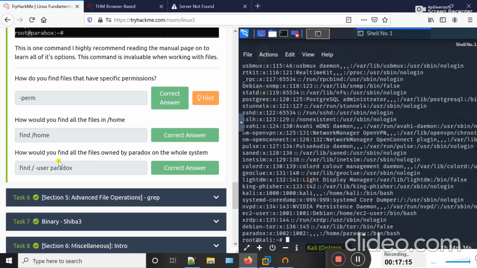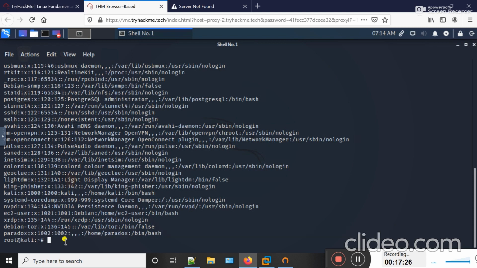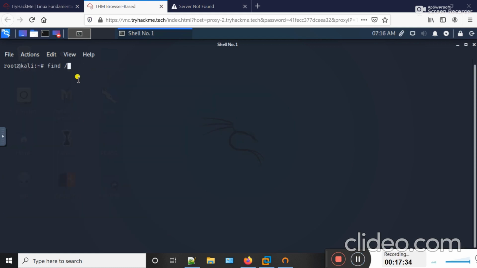Now the question is: how would you find all the files owned by this user? I want to show you all the files of this user. I can use this command, find / -user and then the name of the user.